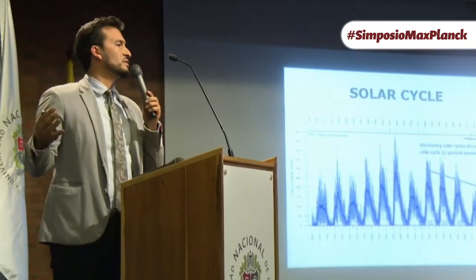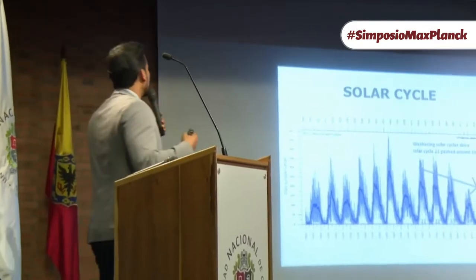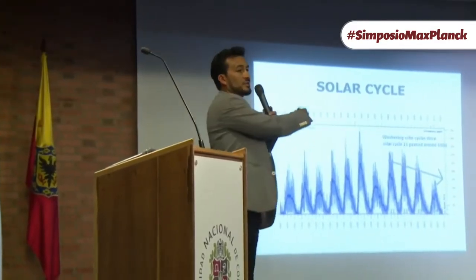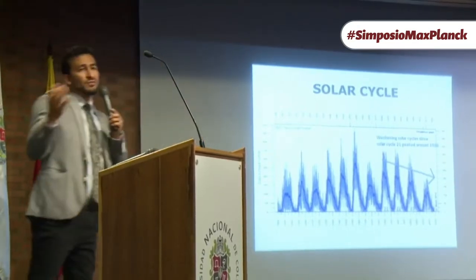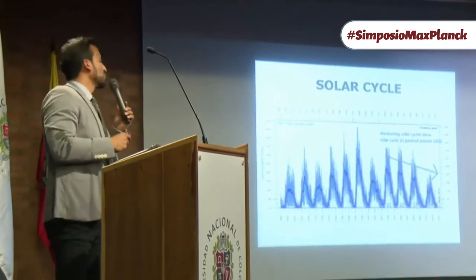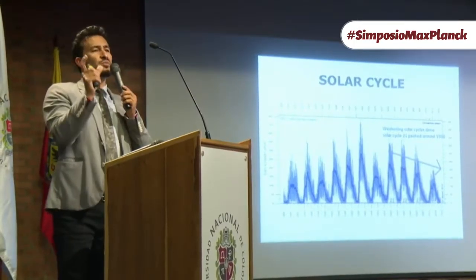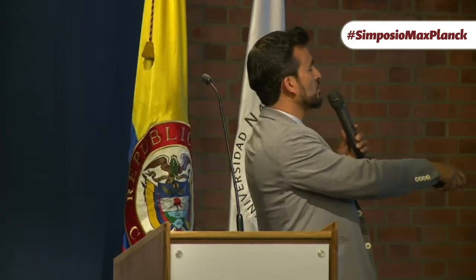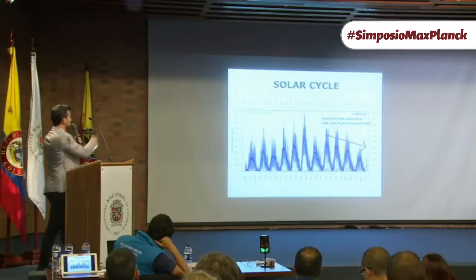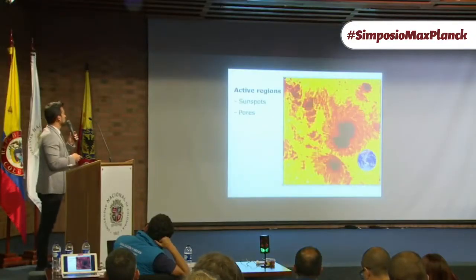And if you plot the number of sunspots, you have all these variations, and they were measured from the 17th century, but only in the 19th century a guy came to the idea that the cycle is almost periodic. Well, obviously a cycle, as every cycle, but you have 11 years, which is roughly the period in which the sun goes from lower activity, low sunspots, to the top of this curve, which is more sunspots.